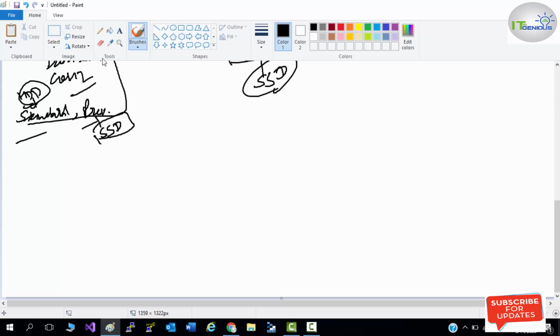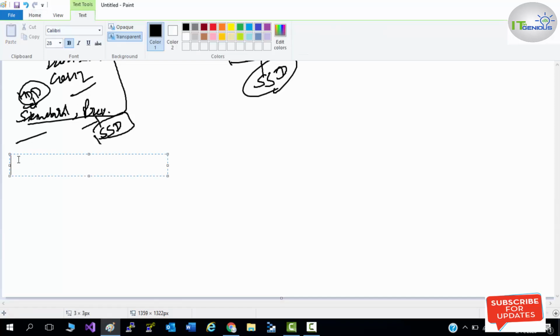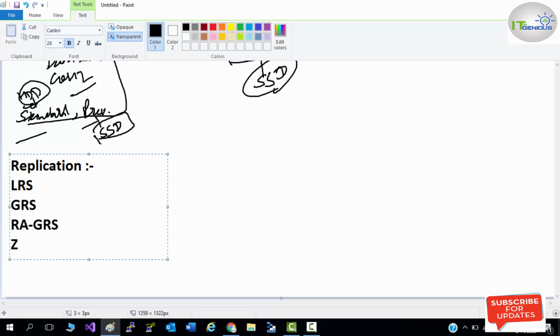Replication options: we have LRS, GRS, RA-GRS, ZRS, RA-ZRS, and we have one more, which is GZRS.